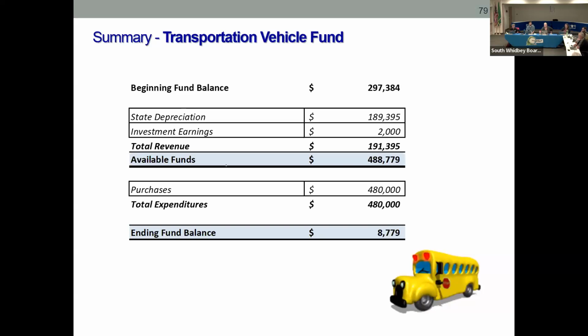We're supposed to be getting the check for the current bus anytime, though our bank turned it away today for some reason. But the nice part about that is we will actually be getting those funds in advance, so that'll be helpful. Anyway, this is for the purchase of buses, and basically what we do is we save up enough money till we can afford a bus, and then we get more depreciation, and it just continues on. I always budget the maximum amount I think we can generate in order to have the capacity to buy it. If we don't get the funds, we don't buy it.